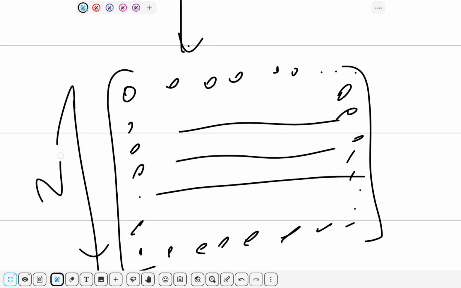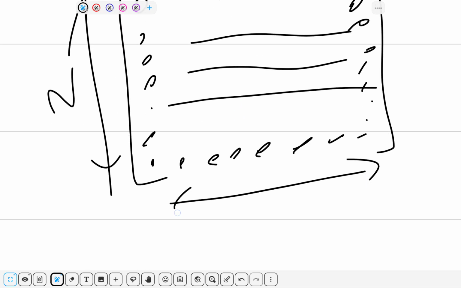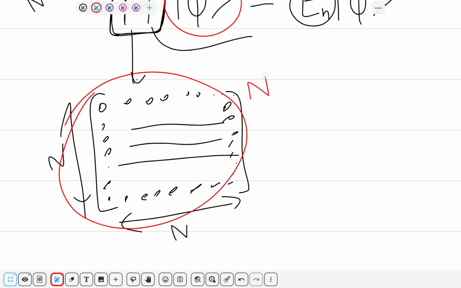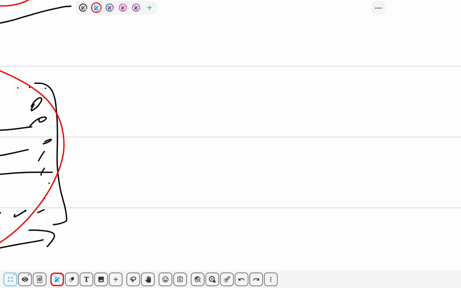Here, an n-by-n matrix with n rows and n columns. This matrix might get very complicated. You might need to play around with it, cube it, square it, go nuts with it. You may not prefer to do it because it might be very complicated, but I can always decompose this matrix